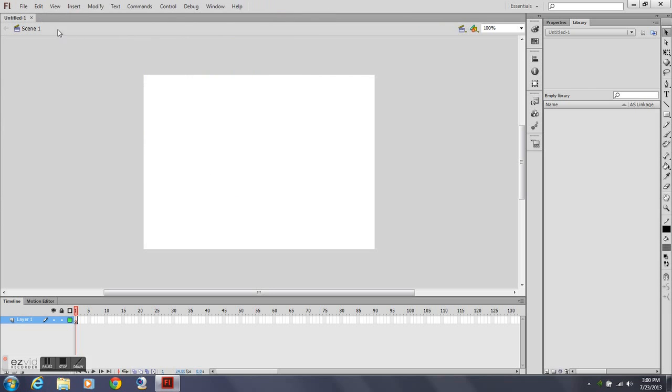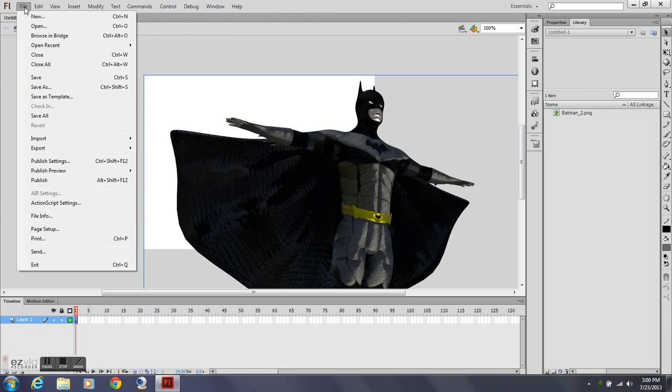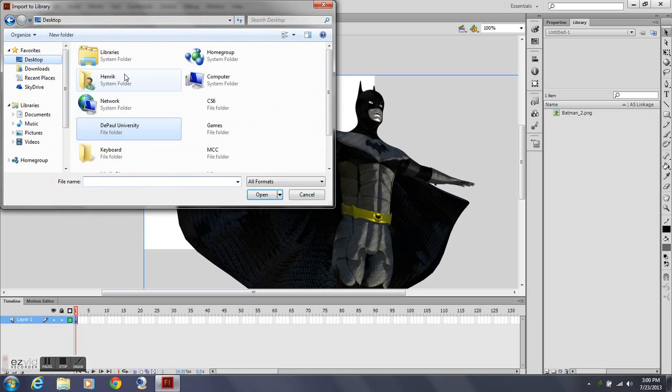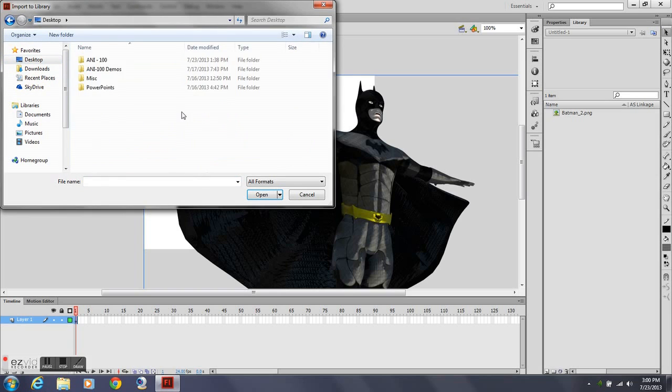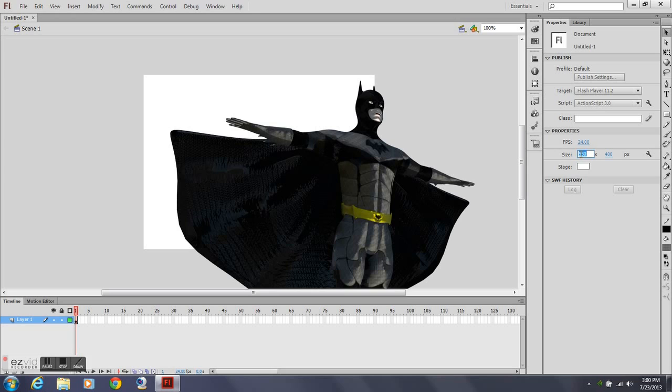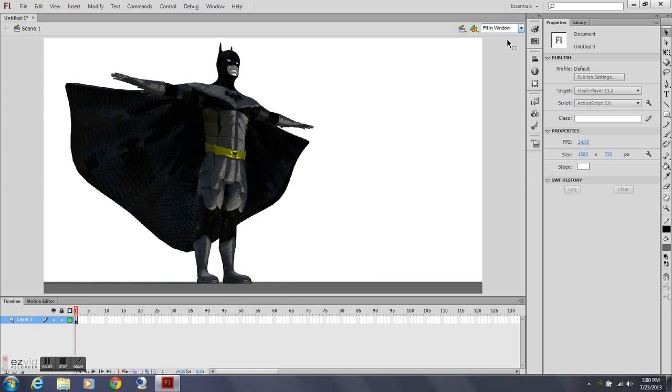So I'm importing an image that I created in Maya, and then I'm importing a background, which is a tiled brick background or texture. And the next thing I'm going to do is I'm just going to click on the stage, go to properties, and adjust the size to fit the original image of my Batman, which would be 1280 by 720. I'm going to fit it into the window,